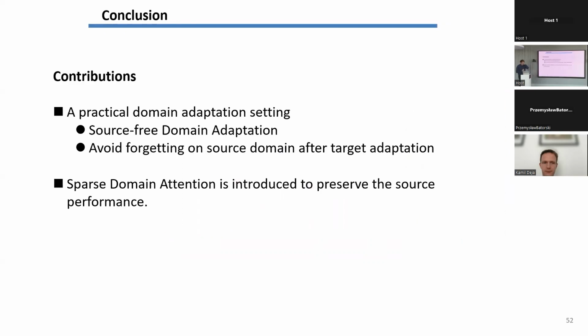So this is, let's say, one step of domain adaptation more in the direction of continual learning. We now care about both source and target performance. And we show that a continual learning technique like mask attention can be used to get these results.